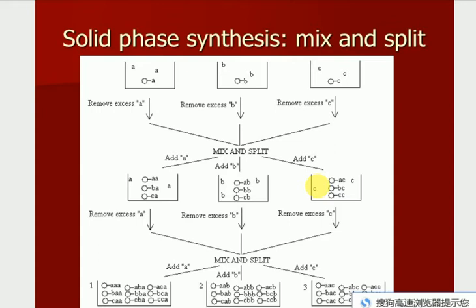And then you split them into A, B, and C, and hopefully we can see that in A, we add amino acid A, in B, we add amino acid B, and in C, we add amino acid C. And then we go through the cycle again, and we'd mix and we'd split, and so therefore we'd add A, B, and C in the 3rd position. Now we can see by the end of just these 3 cycles and just 3 amino acids, we've generated 27